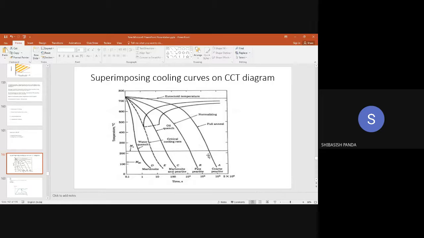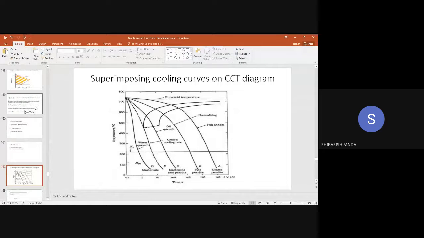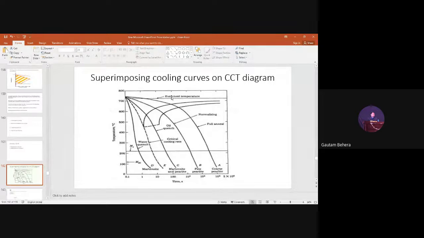Sir, but in quenching, in the hardening process, there is martensitic matrix and cementite. Yes. Martensitic matrix and cementite. Who told you that? Sir, you said it in the last class. Sir, hypoeutectoid steel hardening is above A1 and below Acm. Okay. Anyways, that is for hypereutectoid steel. But in this condition, what I am saying, which kind of steel is it? It is eutectoid steel. Yes, it is eutectoid steel, obviously.